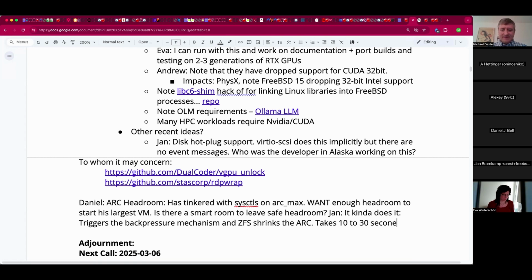There are headroom tunables, I think. But I don't think I ever got them to work exactly. There's like one you have to do like a block translation to set. I forget exactly which one it was. Unfortunately, I'm not at my desk right now, so I can't pretend to know exactly what it is. But yeah, I've written scripts to just sort of shuffle and deal with it on the boxes where it becomes a concern. But yeah, I haven't found because max arc, that's great, but if the host is eating up,